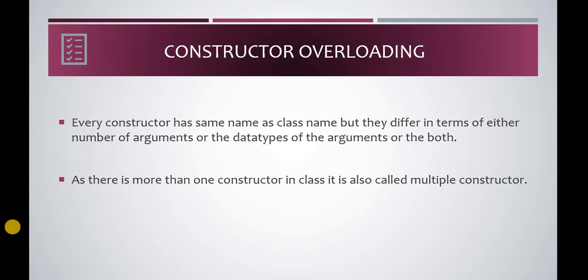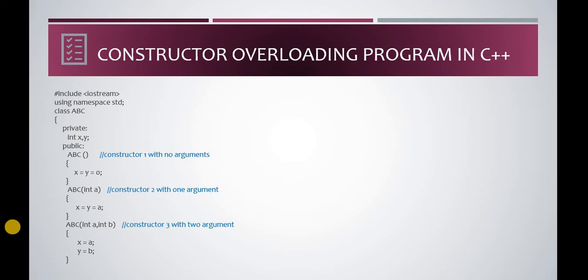So let's start with constructor overloading. In simple words, constructor overloading is nothing but creating multiple constructors that differ through their parameters, like one default constructor, then one constructor which takes one parameter, then a constructor which takes two parameters. This is just an example, but constructor overloading is creating multiple constructors that differ in the number of parameters. We also call this a multiple constructor, because we create multiple constructors in our class.